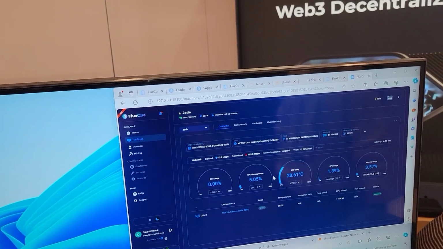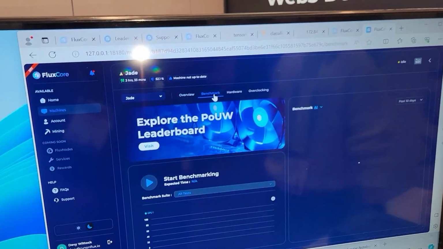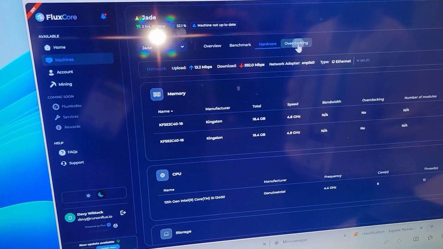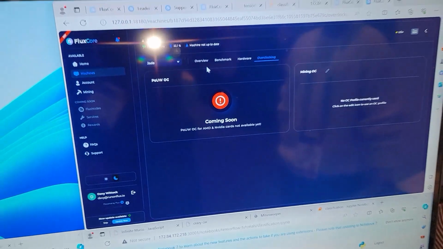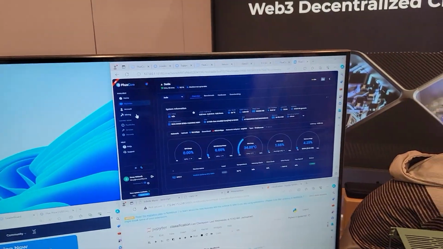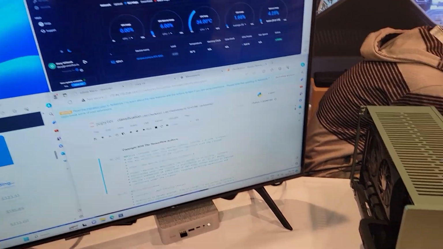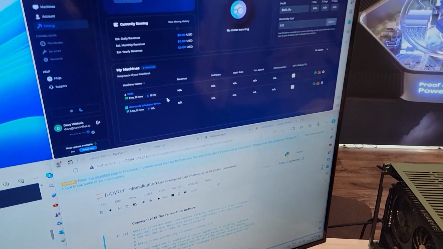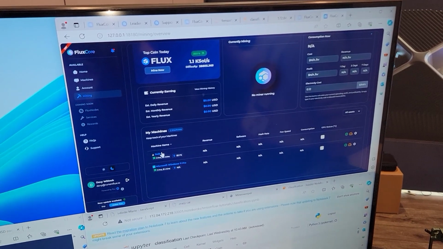When it comes to the machine, you can just basically go in, run your benchmarks, have your different type of hardware displayed, and set your overclocking profiles over here. Mining OC, proof of use for work OC, that's cool. 2 separate overclocks. And as you would have with NiceHash or more like Hive OS, I'd say,